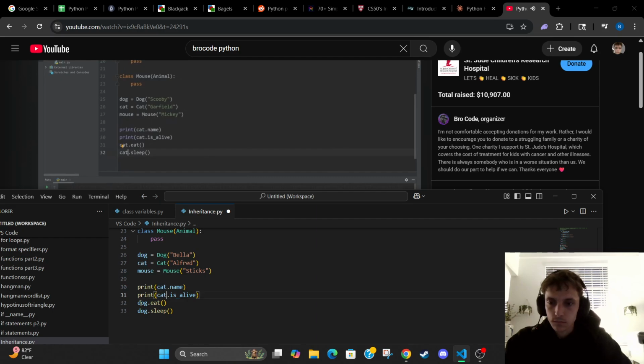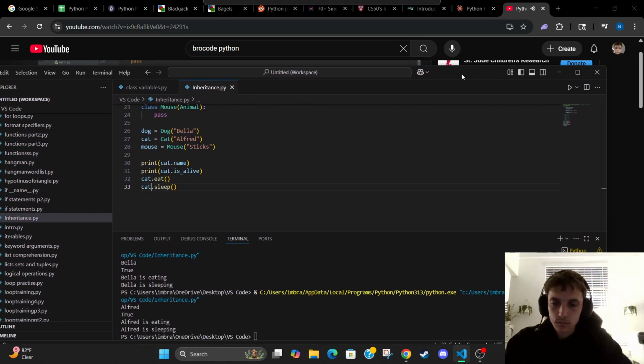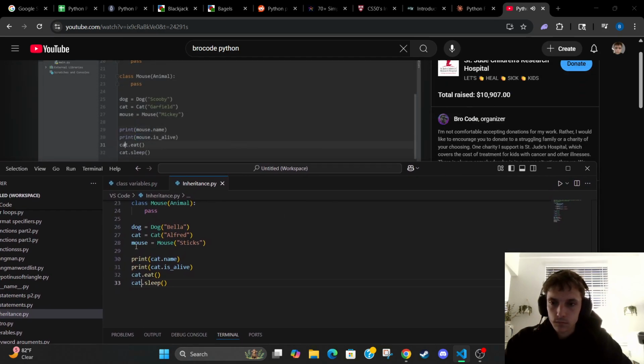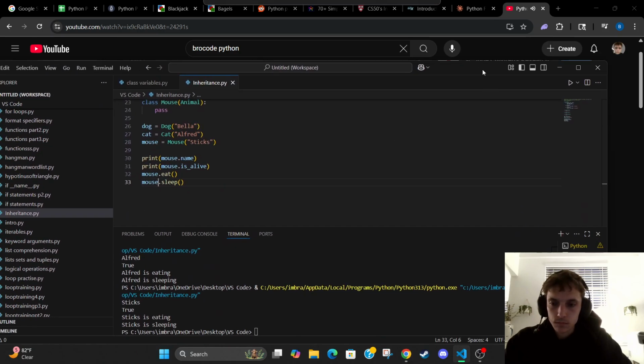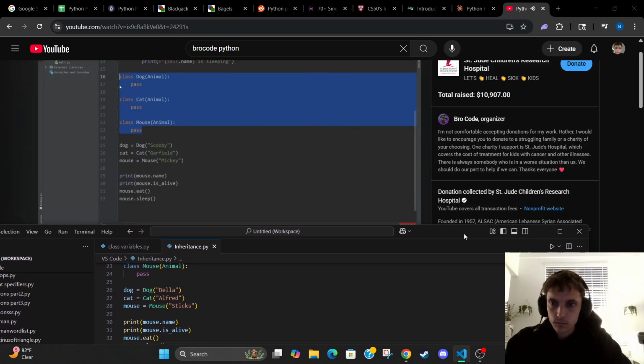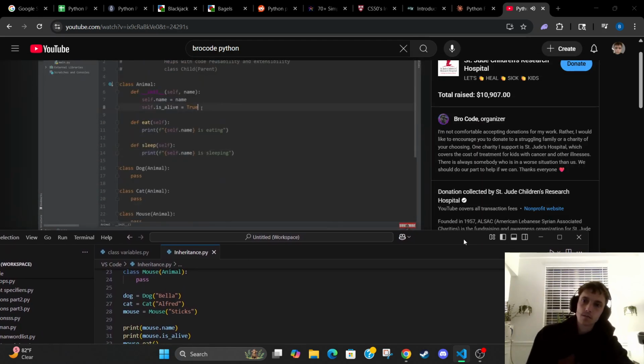The name of the cat is Garfield. Garfield is alive. Garfield is eating. Garfield is sleeping. And mouse. Replace any instance of cat with mouse. Our mouse's name is Mickey. Mickey is alive. Mickey is eating. Mickey is sleeping. Even though these children classes are empty, we're still inheriting these attributes and methods from its parent,